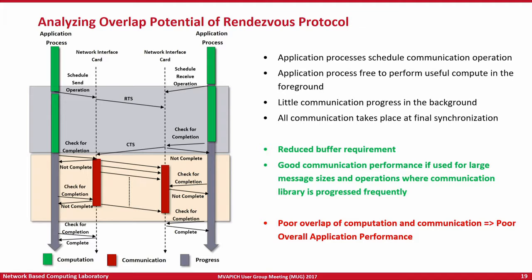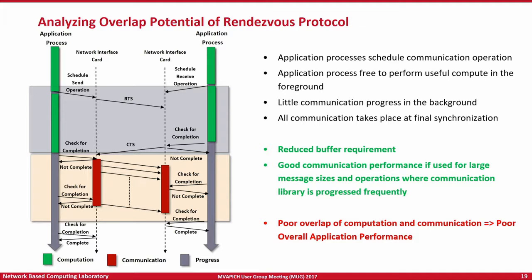So what we are trying to say is, can we do this thing in an adaptive fashion? Can we figure out if an application really needs overlap? And if the application needs overlap, what pair of processes need this overlap? And can we just move up the eager threshold for those pair of processes?